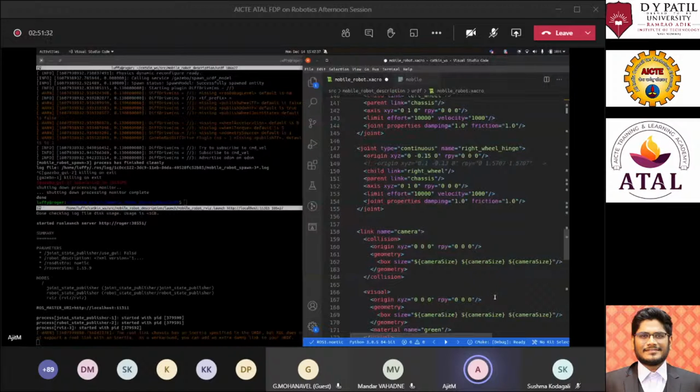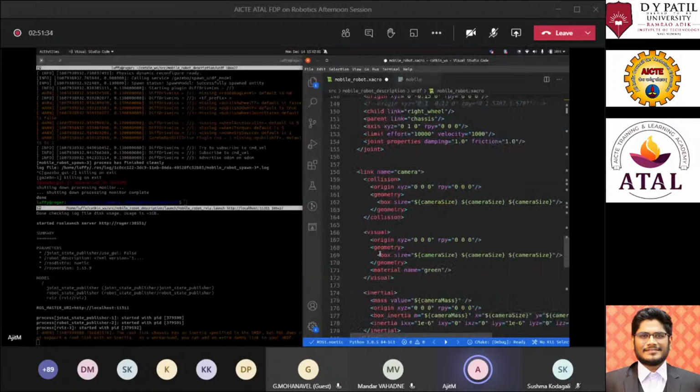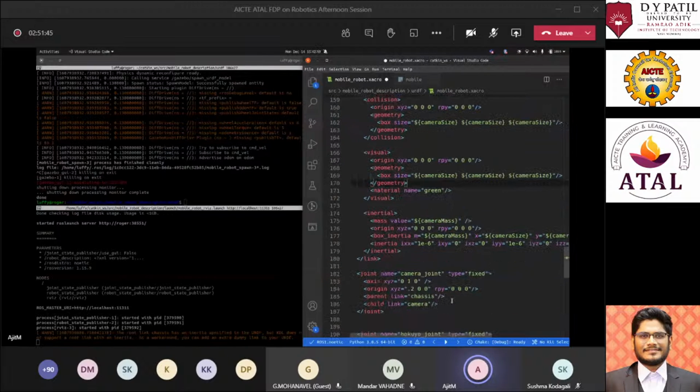So here you can see the camera size box becomes a cube, since it is 0.1, 0.1, 0.1 in size, XYZ. Now this has the material green and the inertia, which we discussed earlier, of camera mass, and the specifics of the inertial tag.